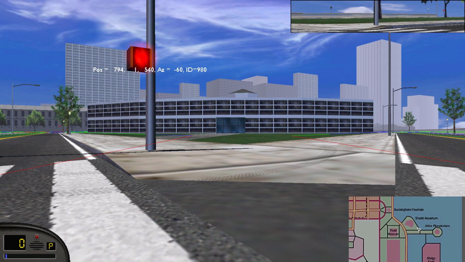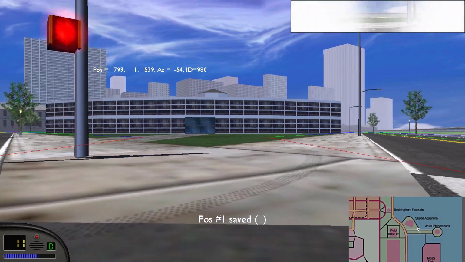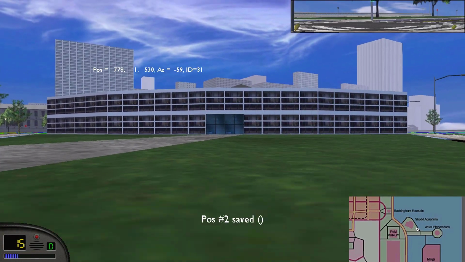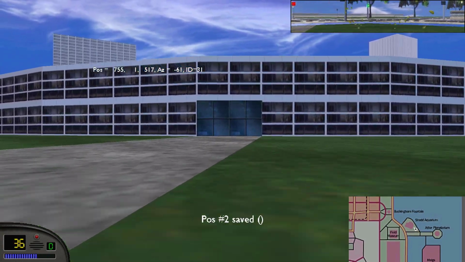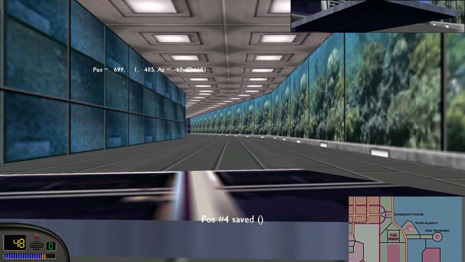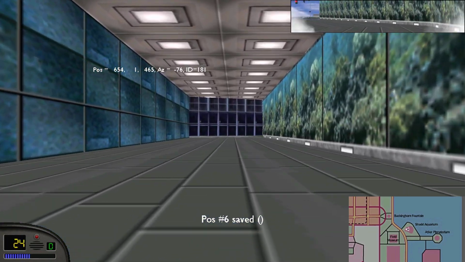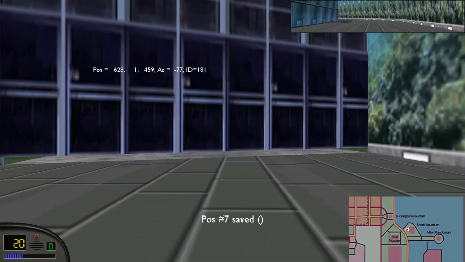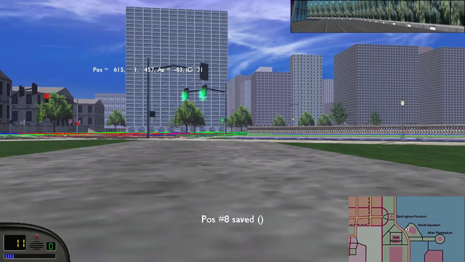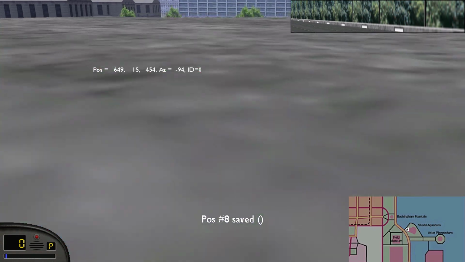So we press P, position 1 is saved. We go a little bit further. All right, position 2, position 3, 4, 5, 6, 7, 8, and now here we're going to,